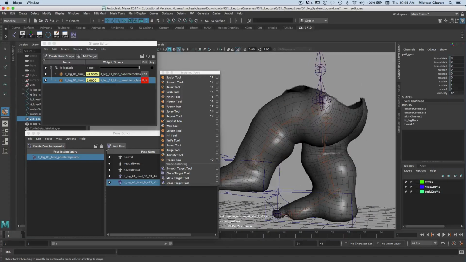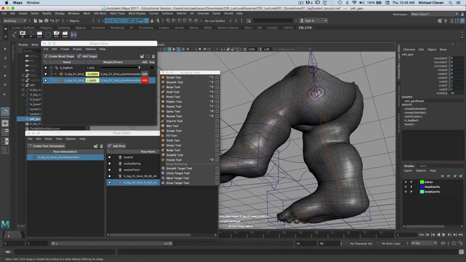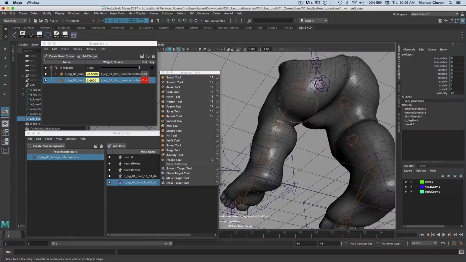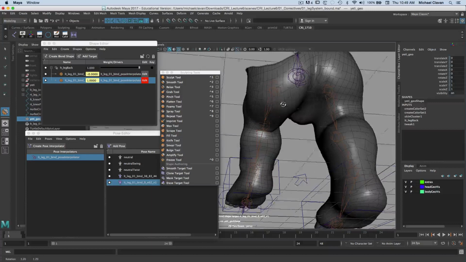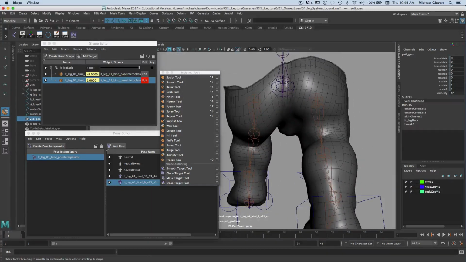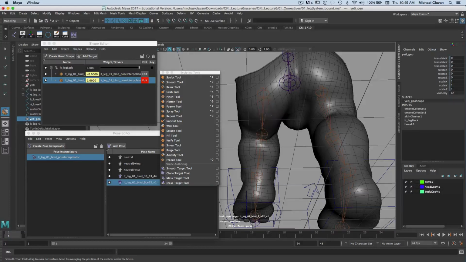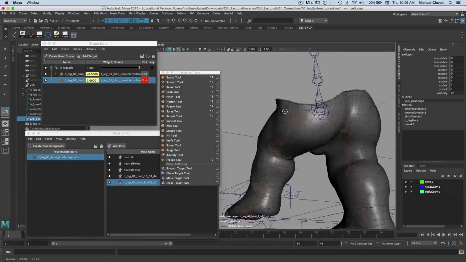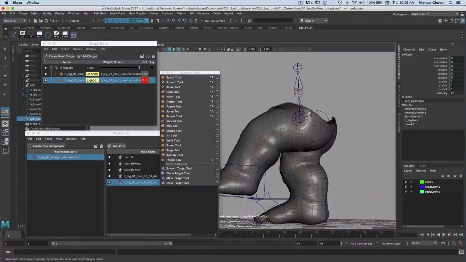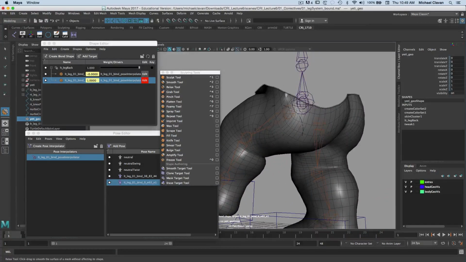And I can just relax, and it seems like it's doing a good job here. Again, like I said, smooth will reduce volume while it smooths. Now I'm going back and forth between smooth and relax. Right now I'm relaxing. I want to reduce that volume, holding down shift. There, and I'm doing relax. Okay, and I can use grab too. If I want to pull some of that back, I can make my brush a little bigger, and I can just